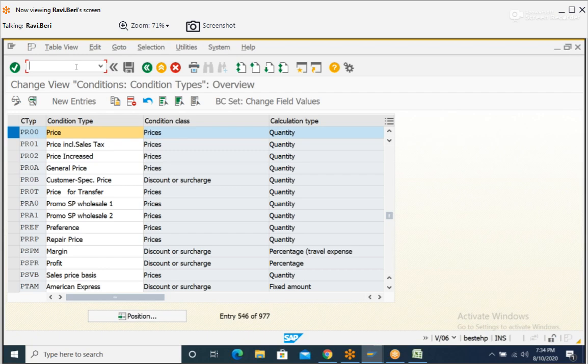Client's requirement is, for example, if the total document value reaches 10 lakhs,